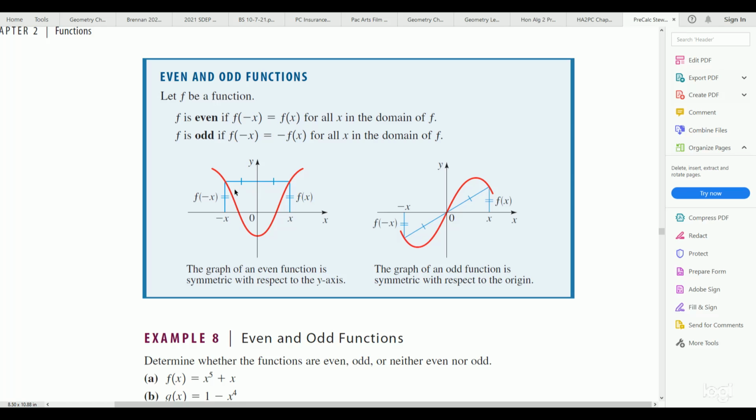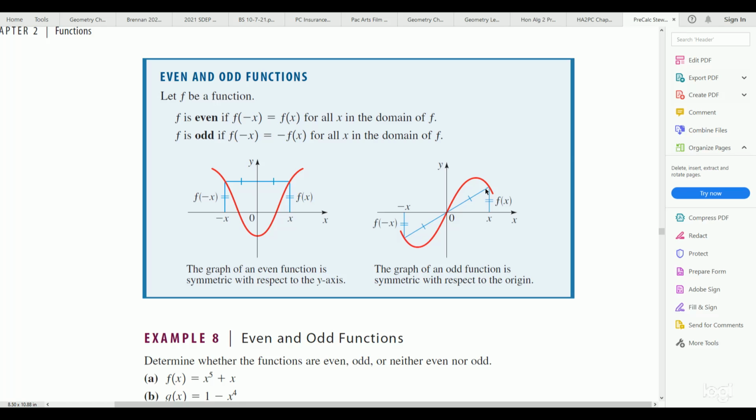But it is symmetric to the y-axis, and that's the key. If I were to fold this on the y-axis, one side would lay right on top of the other side. So that would be symmetry to the y-axis. And notice what that says is that if I put a negative x in, then I get the same value as if I put a positive x in, okay? And you notice that if I run that line through, I get the same y value whether I put a positive x in or a negative x in. Okay, it's a really good schematic or diagram of even and odd